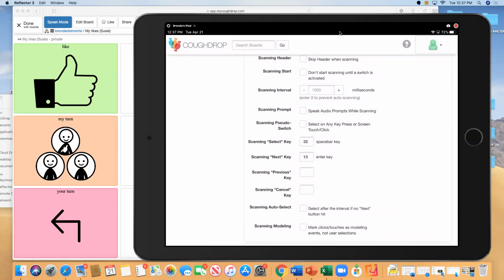But when I have select and next, and when I have them all programmed in, they all do the same thing. They all just select when it's highlighted. Yeah, that's weird. So I may not know enough about it, but from what I can tell, and even the videos that I've seen by CoughDrop on scanning, there is no